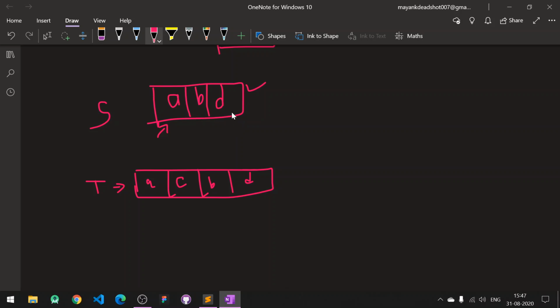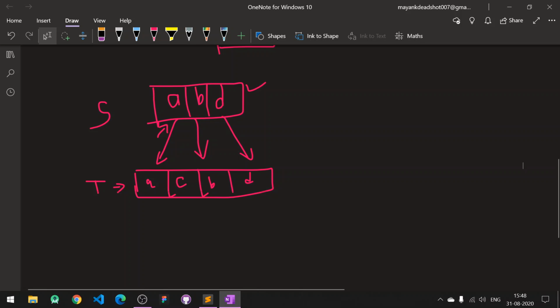You can easily see the subsequence of this string in that: it is A, B, D actually. As I told you before, a subsequence is valid when the previous index does not come after a larger index.